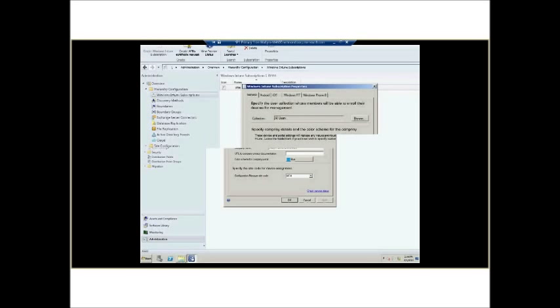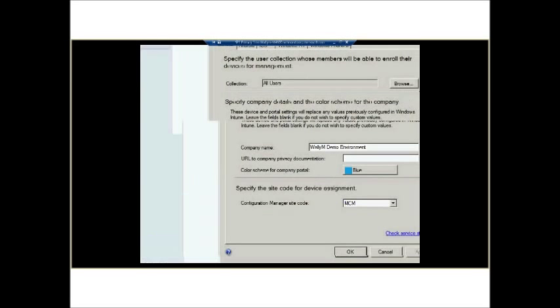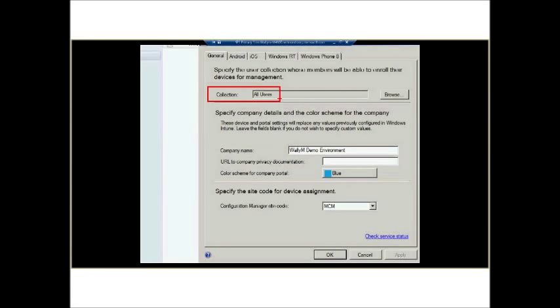We're going to ask you for which collection of clients do you want to allow to enroll devices into your Intune infrastructure and managed by configuration manager. And I just said all users. There's also another checkbox on here that you don't see at this point in time, but there's a checkbox in here that would ask,